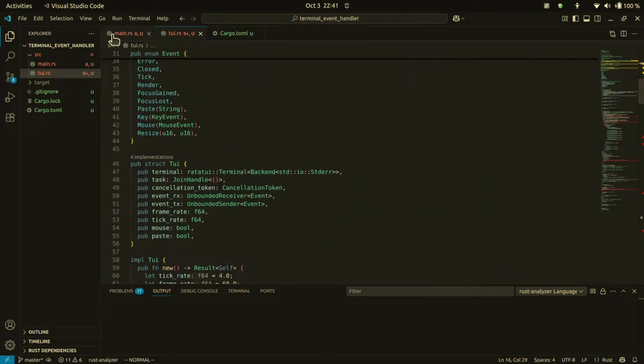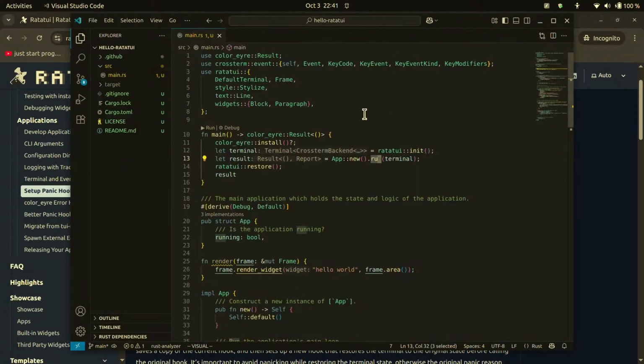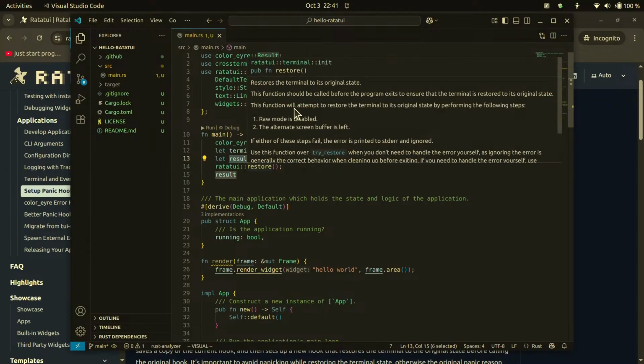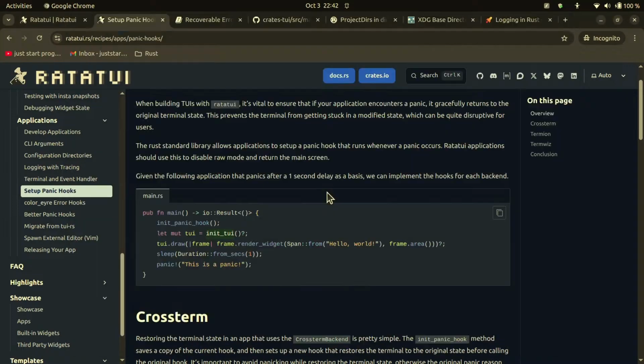Okay, this one cannot run. Let's close this. Hello, Ratatouille. So in main, we have init and restore. Restore restores the terminal to its original state. Raw mode is disabled. Okay, so if we have init and restore here, assuming this is the init part,